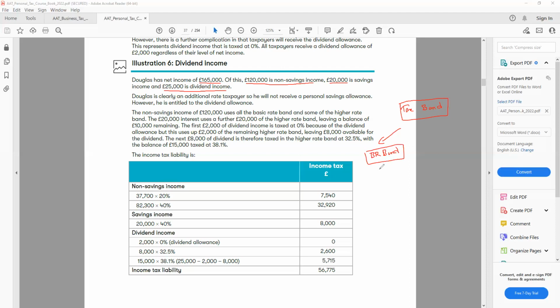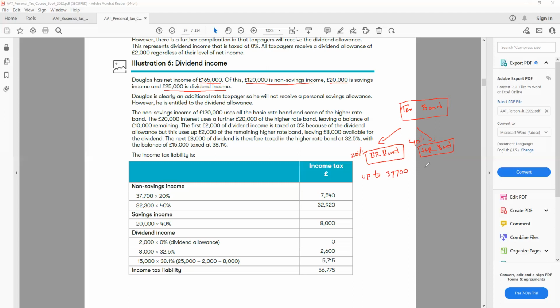On the basic rate band, we know if the income is up to 37,700, then the tax rate is 20%. So the basic rate band, our tax rate is 20%. If we are in the higher rate band, then our tax rate is 40%,